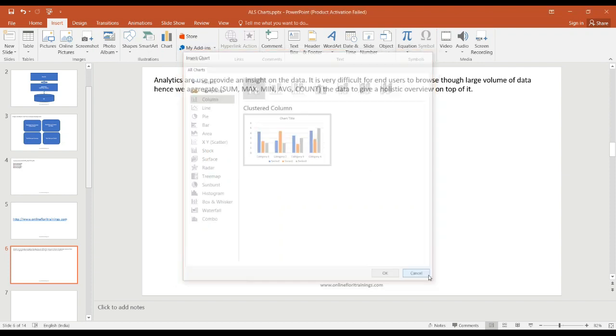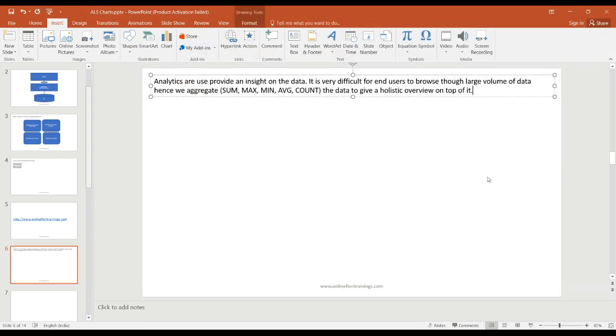Whenever we talk about analytics, there are very important terms which we use very often. These are the two terms which are used very often whenever we talk about analytics. The first term is called measures. A measure actually indicates a KPI. KPI stands for